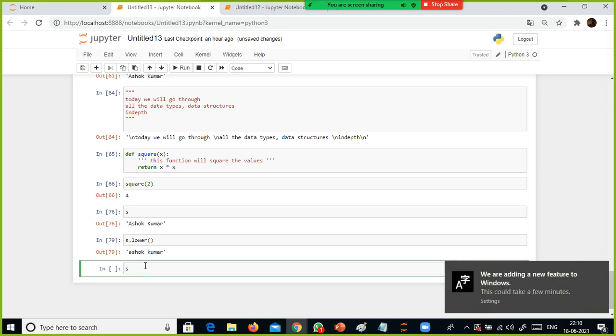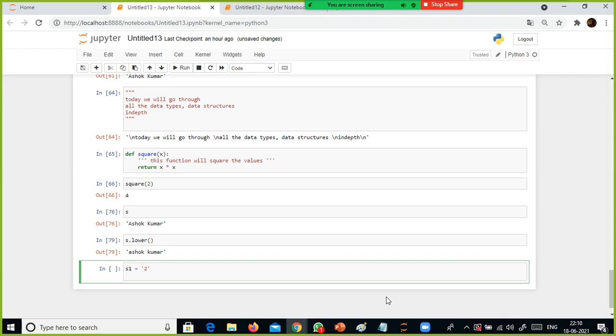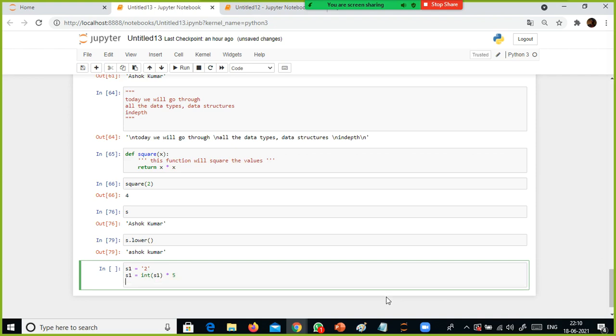Okay, the other, what I am trying to say is s1 is equal to, I have something like '2'. So s1 is equivalent to int of s1 into 5. What will happen here? Since you specified the value 2 inside quotes in the code, it is a string data type.